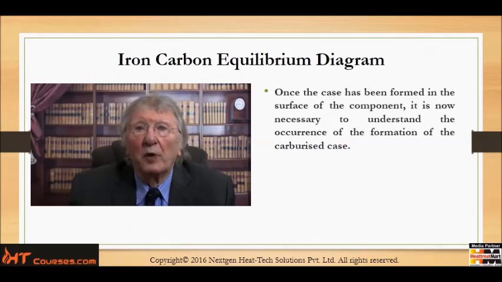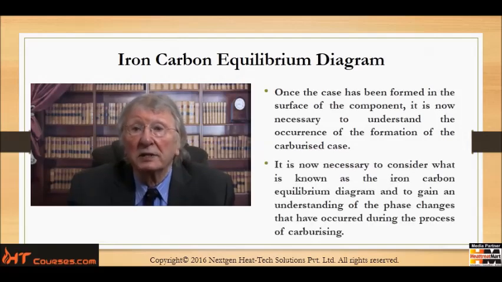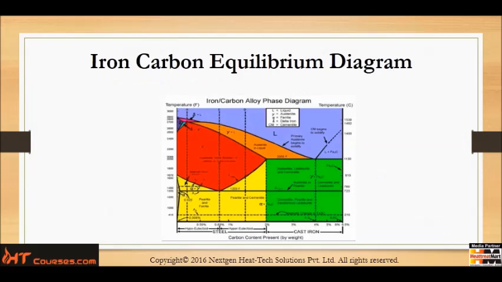Once the case has been formed in the surface of the component, it is now necessary to understand the occurrence of the formation of the carburized case. It's now necessary to consider what is known as the iron-carbon equilibrium diagram, and to gain an understanding of the phase changes that have occurred during the process of carburizing. This shows the iron-carbon equilibrium diagram. Where one is carburized is in the red area above the yellow area of this illustration,